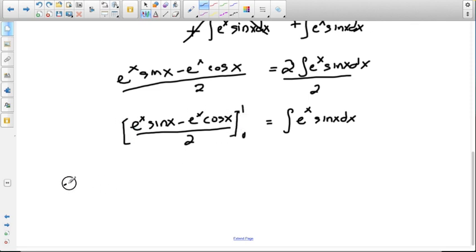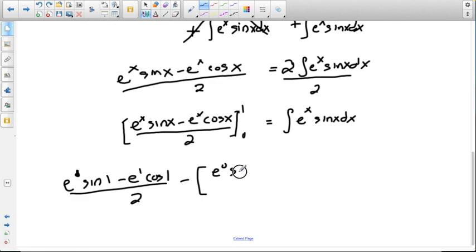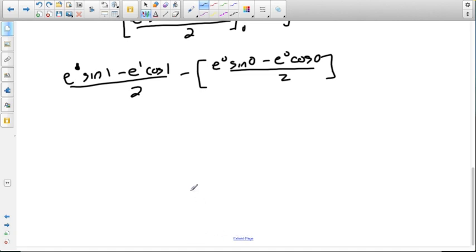So we have e to the 1 sine of 1 radian minus e to the 1 cosine of 1 radian, all over 2, minus e to the 0 sine 0 minus e to the 0 cosine 0, all over 2. So evaluating and simplifying that gets us,